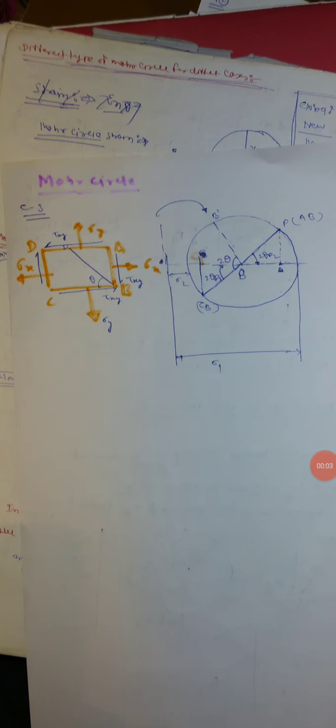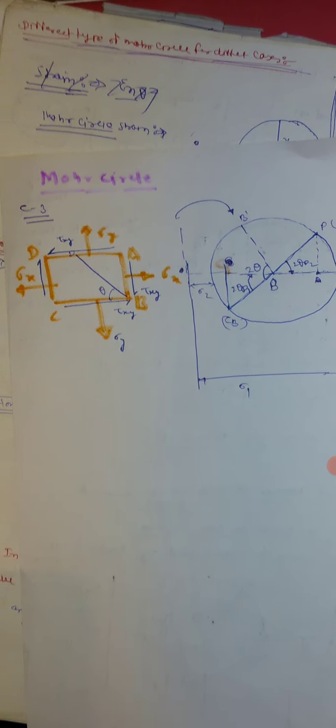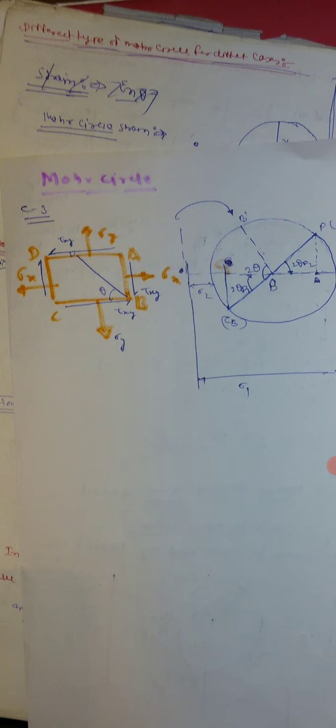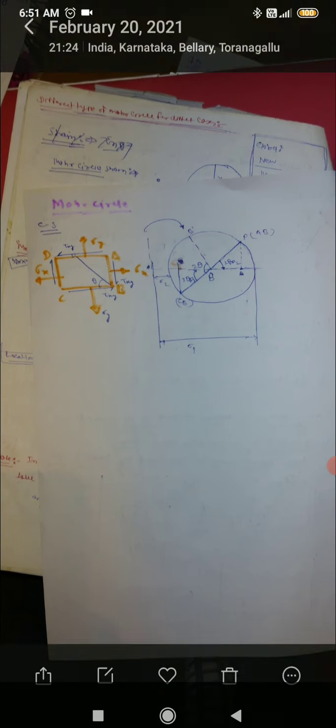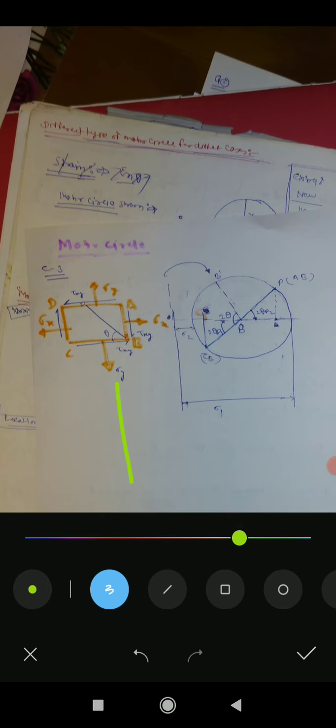Okay, so this one is the Mohr circle where all three cases, which I already told you, are covered: normal stress on this plane, normal stress on this plane, and with shear. So this is the final case for ours. Then we will take the numericals on this.